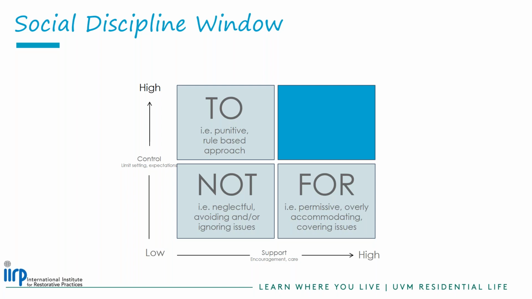So this is that RA that, at 2 a.m. in the morning, hears a raging party, violating quiet hours, etc., but doesn't feel like dealing with it, so they throw in some earplugs and turn over and go back to sleep, right? That willful ignoring, avoiding issues. So that's really low control and low support. This can also be the RA that is not present in their communities to recognize that there is a quiet hours issue or there are issues going on on their floor.